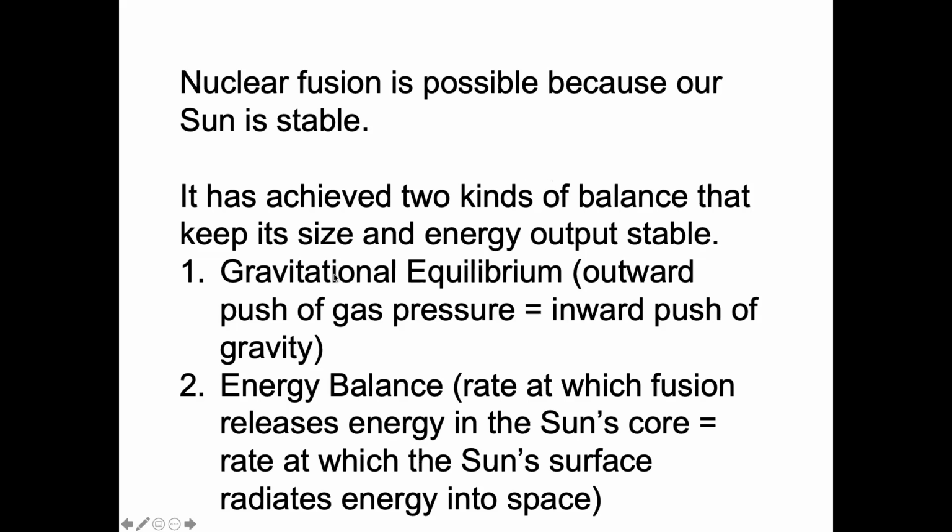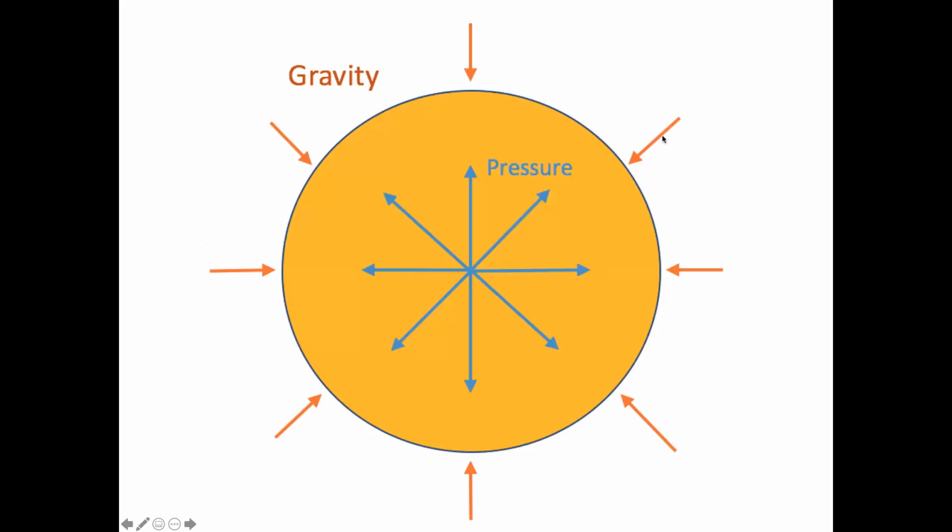Okay. So here's a little diagram for you for number one, just to help you wrap your head around what we were talking about when we were discussing gravitational equilibrium. There is gravity pulling the sun in on itself. And then there's this outward pressure coming from the core of the star that is basically saying, no, don't contract any further. This is the right size that we need to stay at. And there's a negative feedback loop that goes on here.